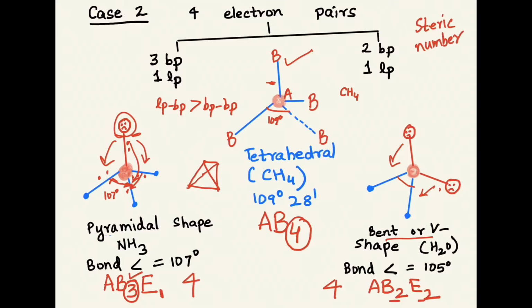It may not be mentioned in some of the textbooks. It is entirely up to you whether you want to add it to your kitty or not. You can ignore it as well. But simply understand what we mean by AB3E and AB2E2. You know, this comes up in so many books. I myself used to get confused. So just for clarity, that is why I am splitting it down for you.